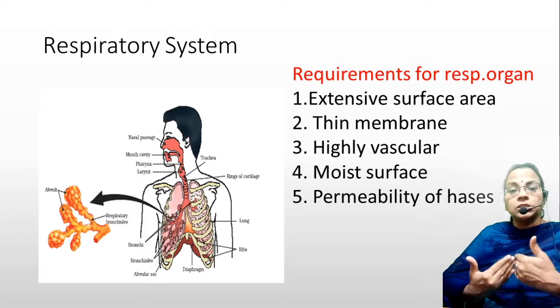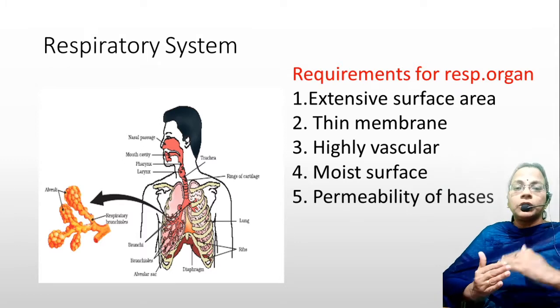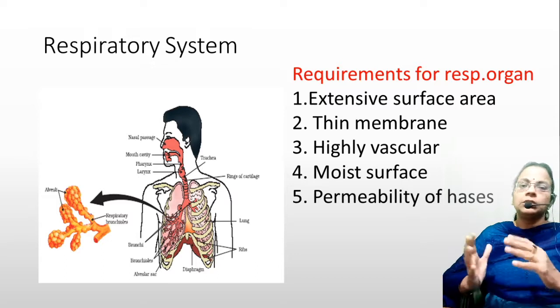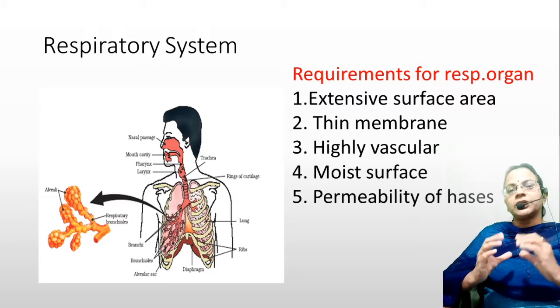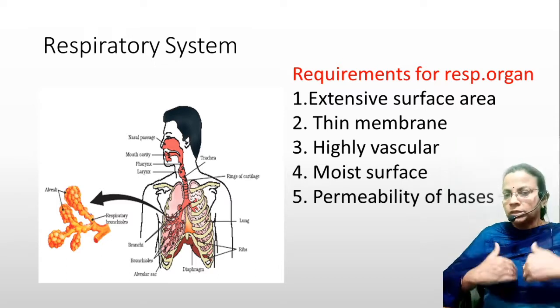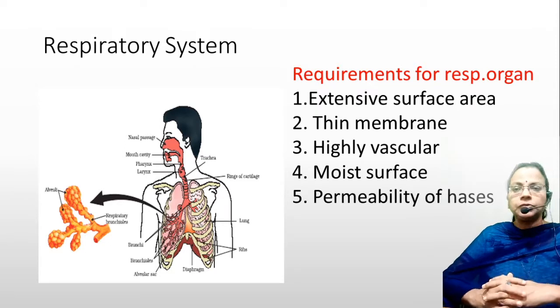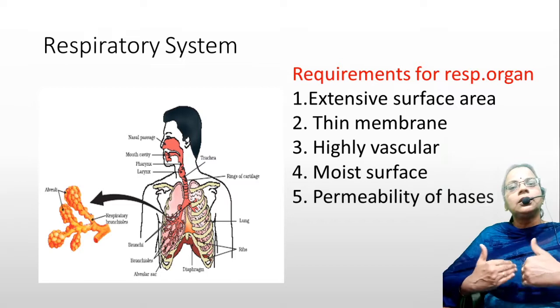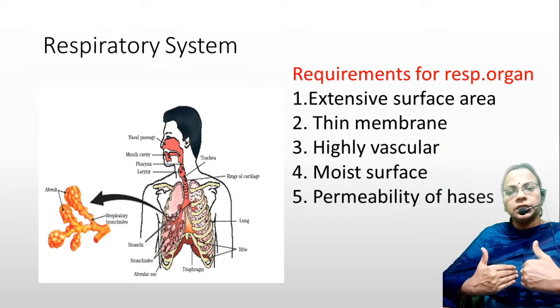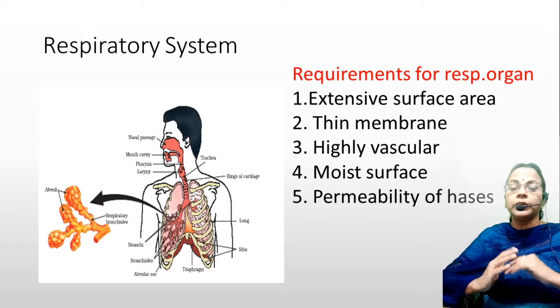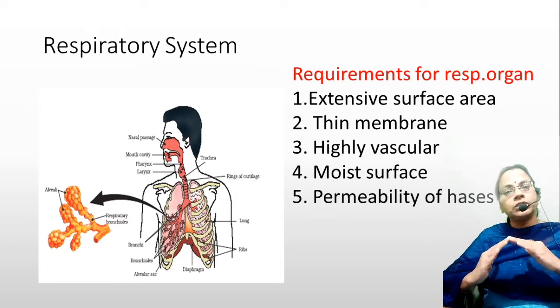So here the process of taking in oxygen, by the contraction of the diaphragm as well as the contraction of the rib muscles, the volume will increase and the pressure will decrease. From outside, more oxygen rich air will enter. Expiration is the just opposite process. Expiration means the contraction has already taken place, so the diaphragm muscles relax. When the diaphragm muscles which were flattened are relaxing, they will go back to their dome shape, dome shape structure.